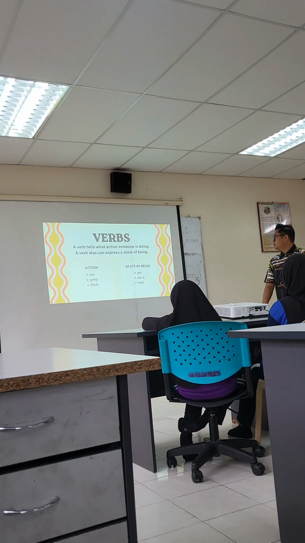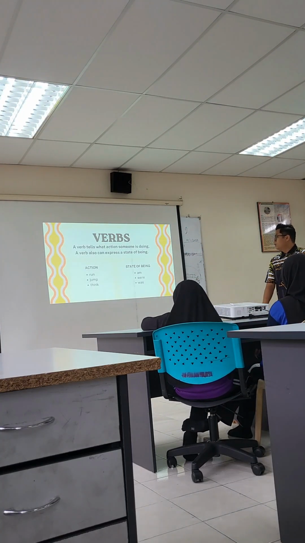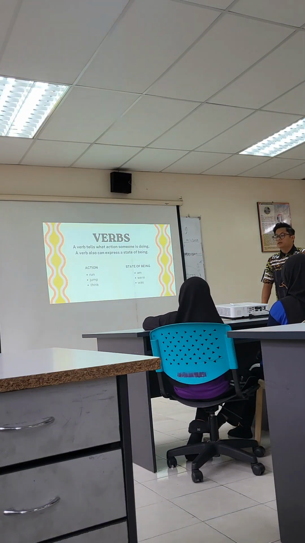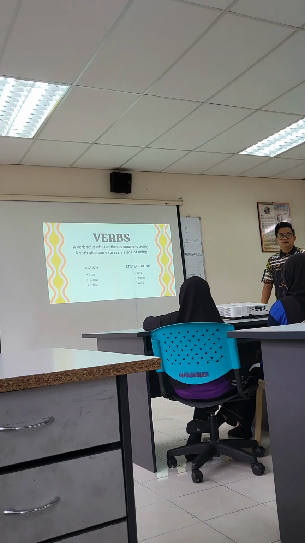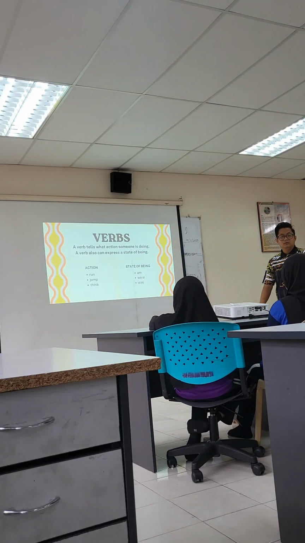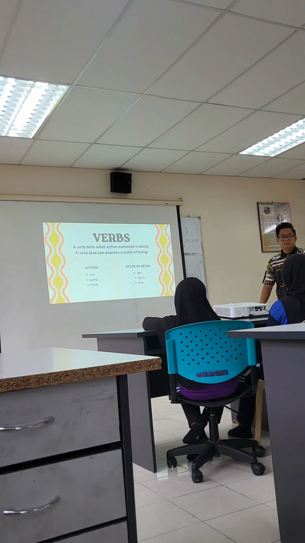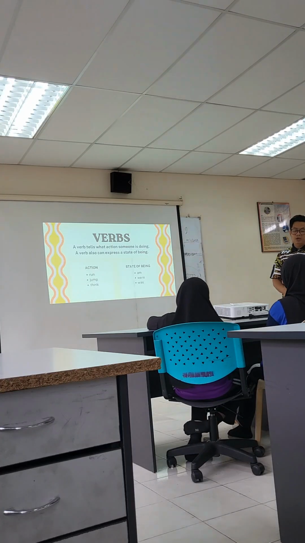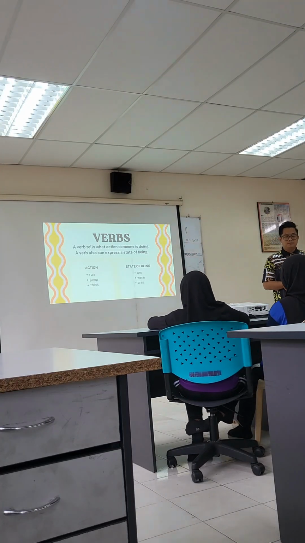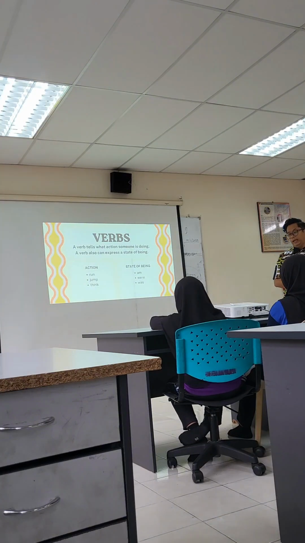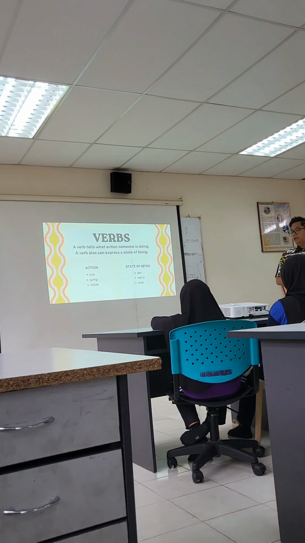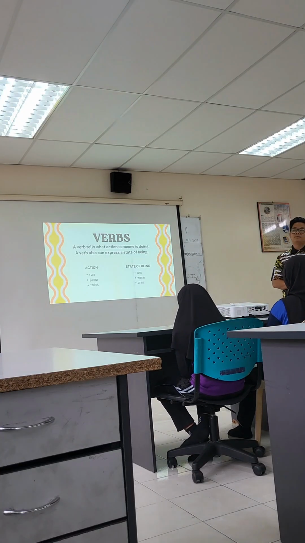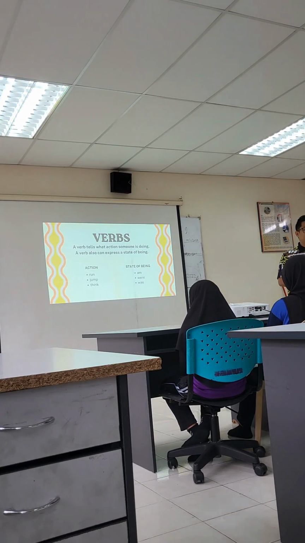Verbs show what action someone is doing. The verb also can express a state of being. So for example, we have run, jump, think. What else? Cook, eat, sleep, repeat. Okay? Right, so that is an example of action. And we also have verbs in terms of state of being. State of being is too long a term for you. Untuk memudahkan lagi your understanding, state of being is the verb to be.